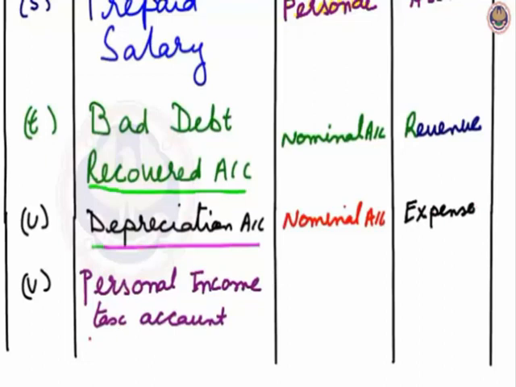Then let us see the personal income tax. Personal income tax is paid on the profit earned. As we know, profit is added to the capital account. So personal income tax is nothing but simply drawings, a reduction of capital. So personal income tax is a personal account as per the traditional approach, and as per the modern approach, it is included in the